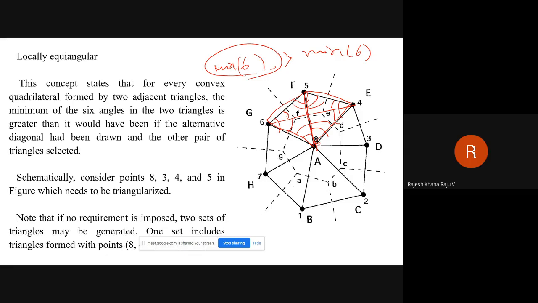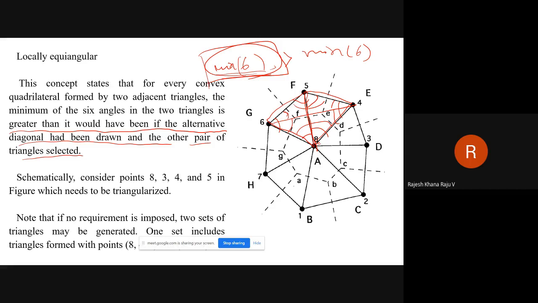The minimum of the 6 angles in two triangles should be greater than it would have been if the alternative diagonal had been drawn and the other pair of triangles selected. So wherever the minimum of the 6 is greater, out of these two combinations, we take that particular combination where the minimum of the 6 is on the higher side.